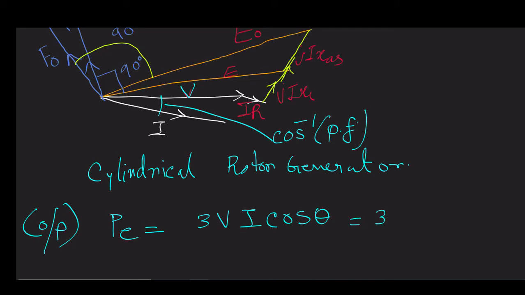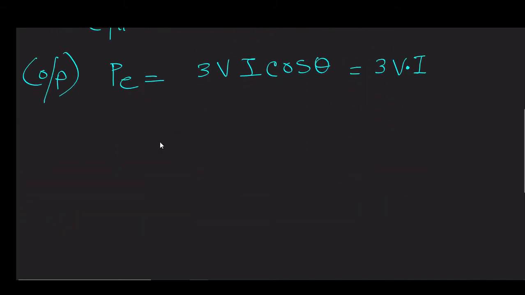What we can write, it is a dot product between V and phasor I. Now, what dot product means, what you studied in your vector means. Now, what is your PM? PM is the mechanical input. Now, how to find out that PM? PM is equal to what? That will be PE plus